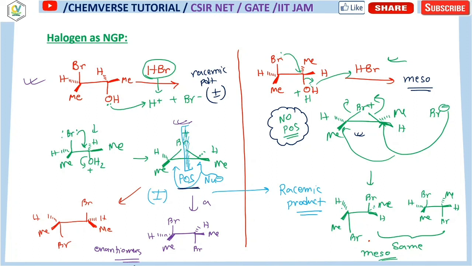Okay. Now, what are the enantiomers and what are the meso compounds, and how to determine that easily? We will discuss it in the stereochemistry part, in the stereochemistry lecture series in our crash course. We will upload it after completing some of the important topics, and there we will again explain these two examples, and then that will be much clearer for you. And since it is a crash course, we have to cover the most important topics as quickly as possible, because after that we will move on to MCQ solving.